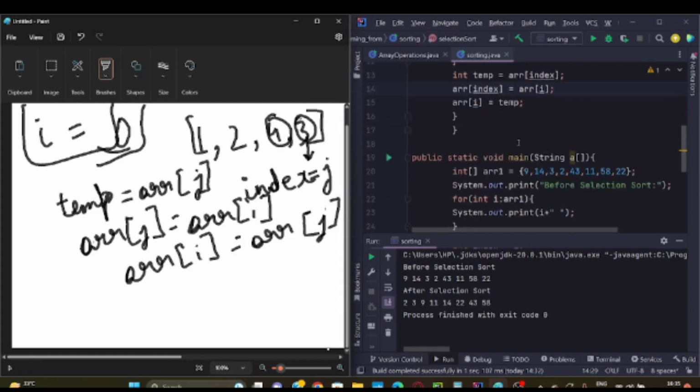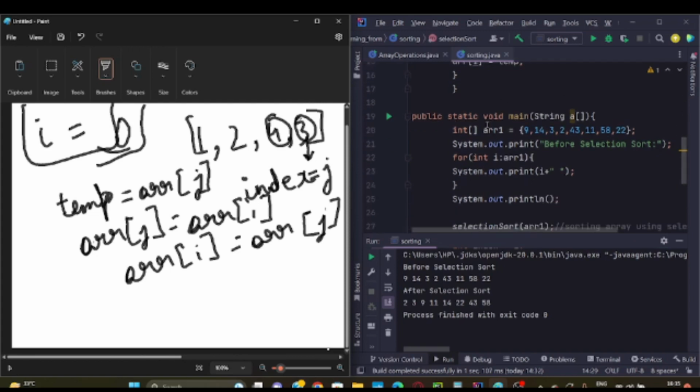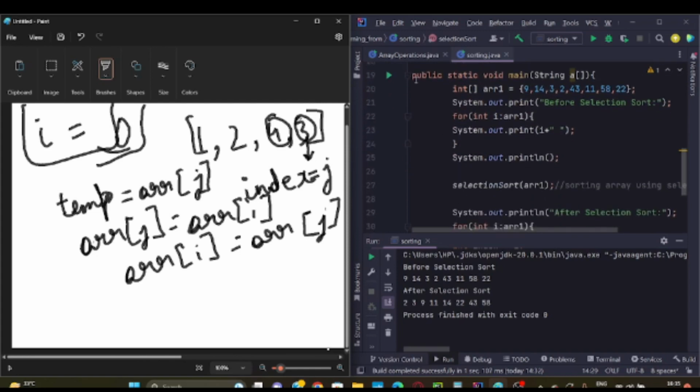Okay, now till now you must be knowing that we are swapping the values. Now here we have public static void main. Now this is something you know. Okay, this is the main function. Now moving forward, let's keep it forward. Int,